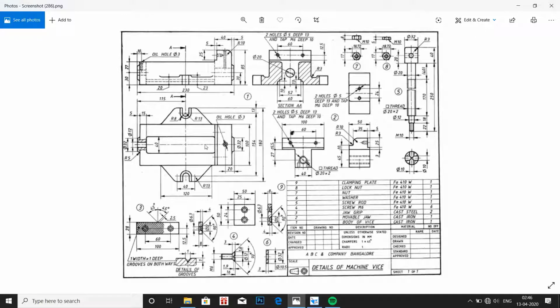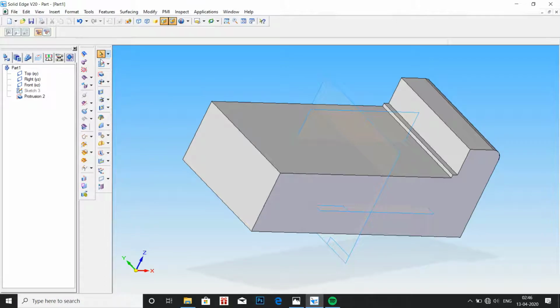So we have to produce this hole. By using the drawing 2, we have to make the rough profile as shown in the drawing 2 or figure 2.